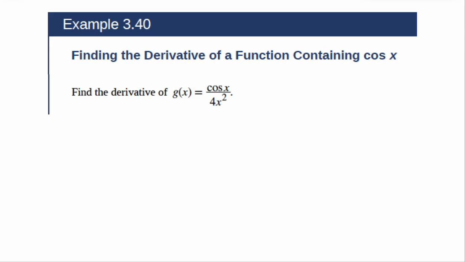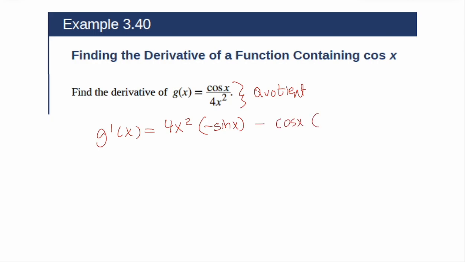It says find the derivative. There's no way to make that derivative-friendly, so we're going to just use that as a quotient. So when we use that as a quotient, we have bottom times derivative of the top minus top times derivative of the bottom, all over the bottom squared. Okay, so bottom times the derivative of the top. What did we learn that the derivative of a cosine was equal to? Negative sine. Minus the top times the derivative of the bottom, all over the bottom